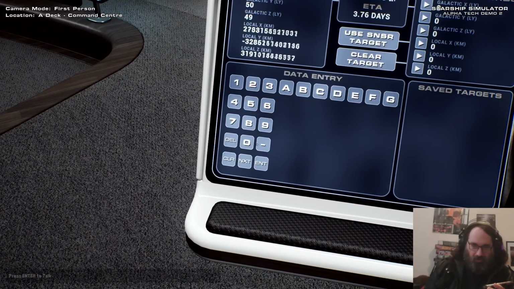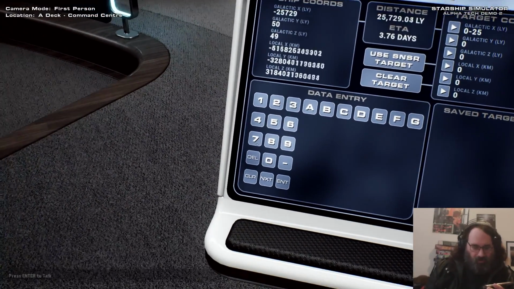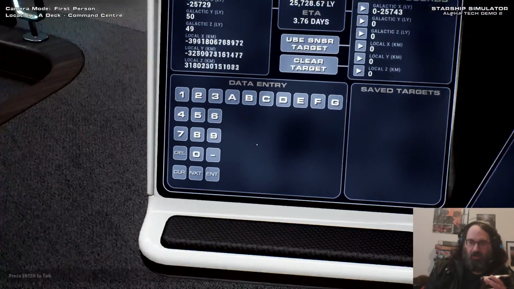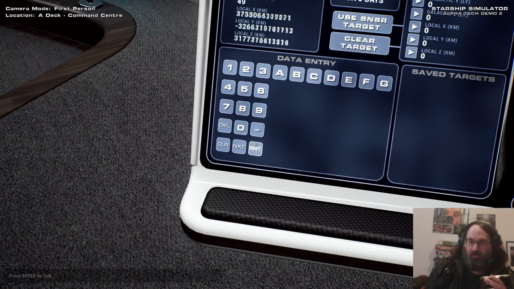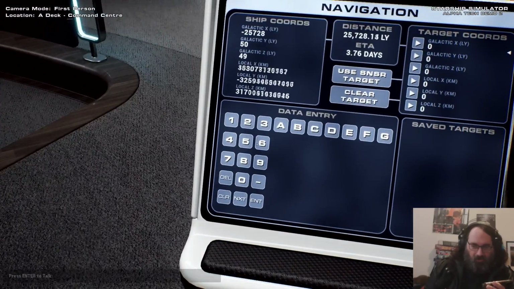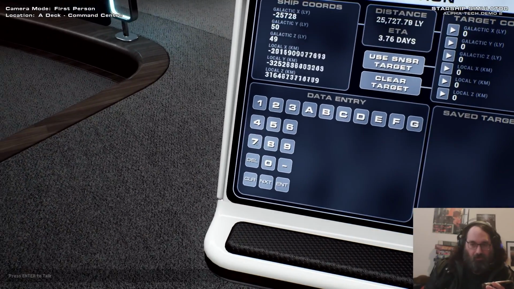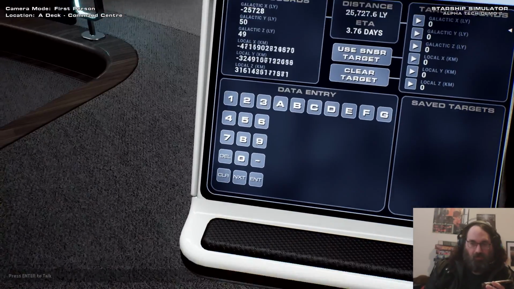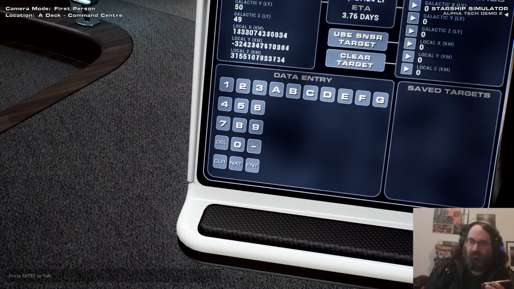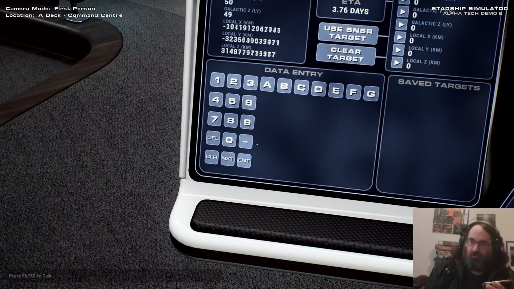So you say minus 25743, and then you press enter, and that will... No, that's kind of messed that up. Got to do it all complete. So 25743. If that is a minus. Go on, minus. Might help if we actually start typing it in. So let's try that again. So minus